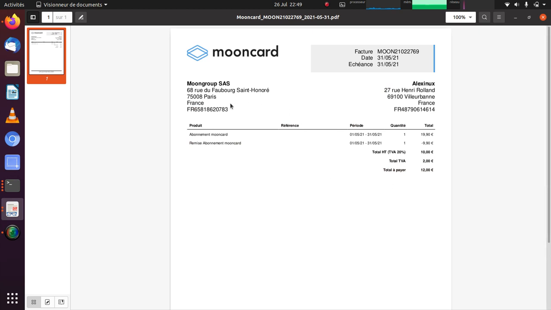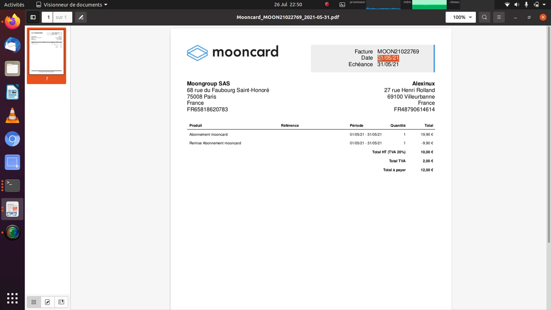Second step, it will identify the partner. The most common way is to use the VAT number. If it finds the VAT number in the raw text extraction, it will match with a particular partner. Then last step, it will extract the minimum set of information required to create a vendor bill in Odoo.